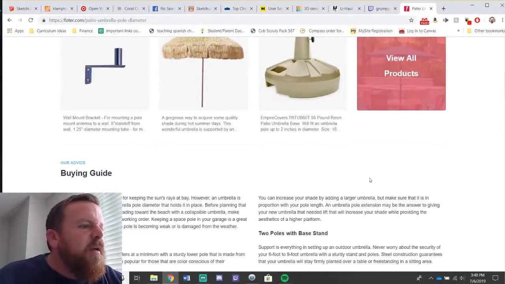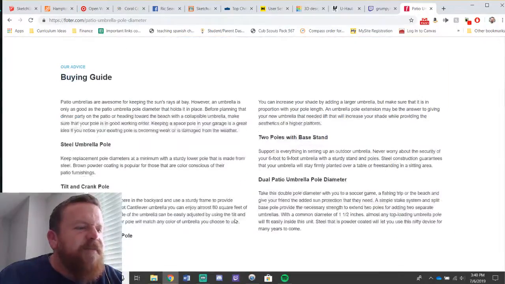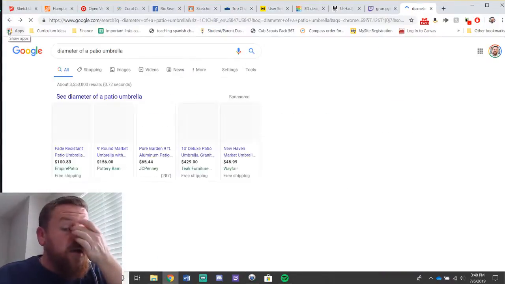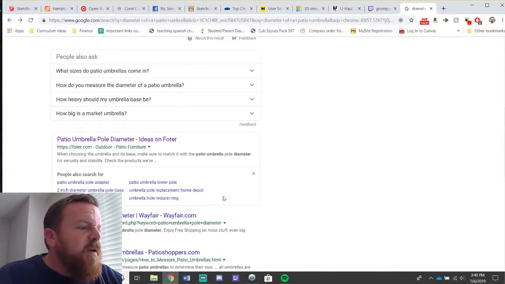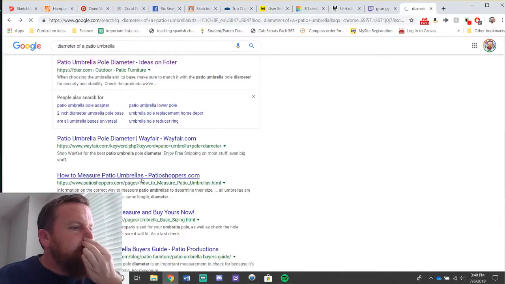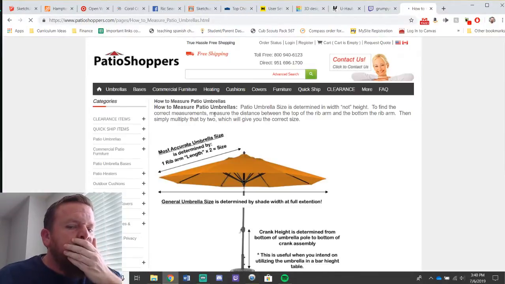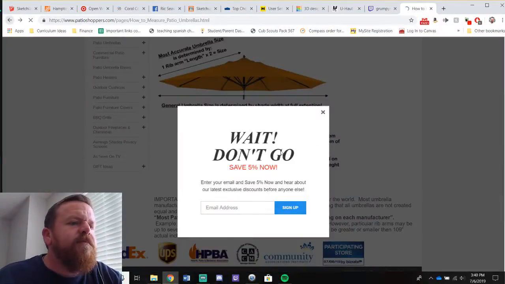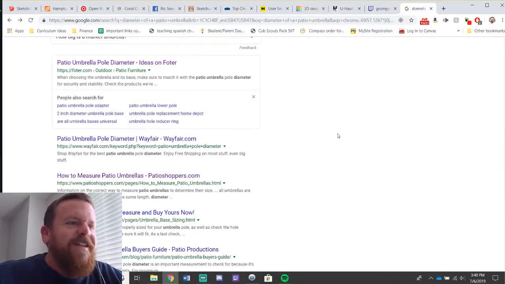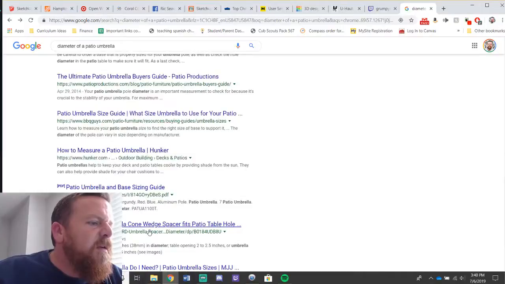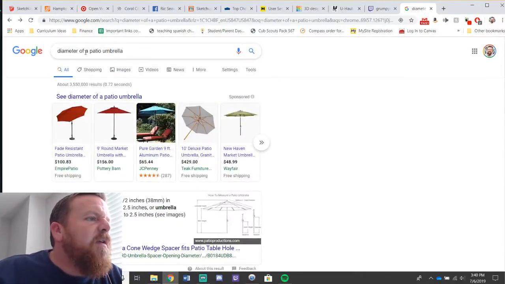I have a feeling it's not the smaller one. How to measure patio umbrellas. Diameter.